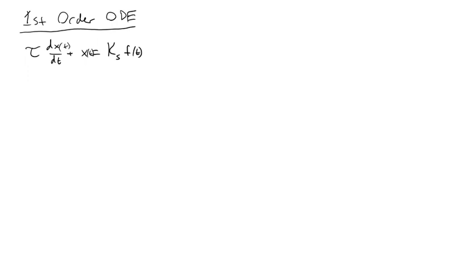So x is our variable and f is our forcing function. Then for the special case where f is a constant, so f of t is just a constant, big F,